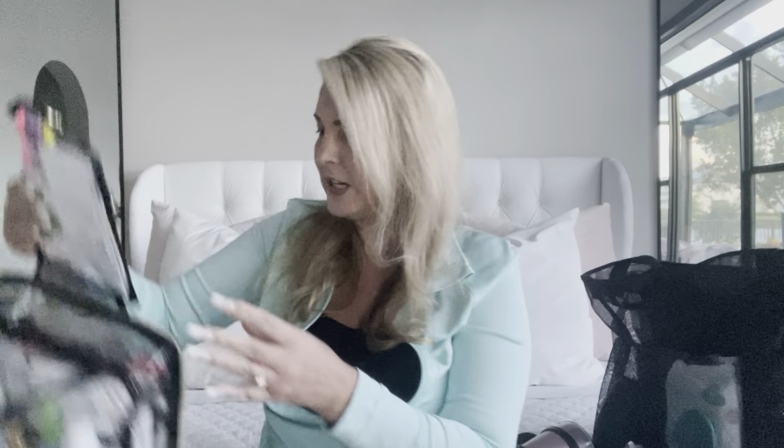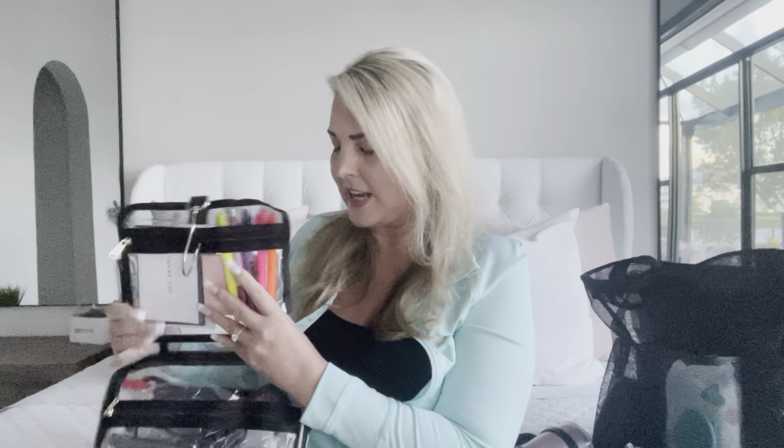Let's go ahead and get started. I want to give you guys a little tour of what I call my cruise cabin essentials bag. I keep this bag packed and in my closet at all times, and when I'm ready to go on a cruise, I can just quickly grab the bag and throw it in my luggage. I'm going to give you guys a quickie tour. So this is a